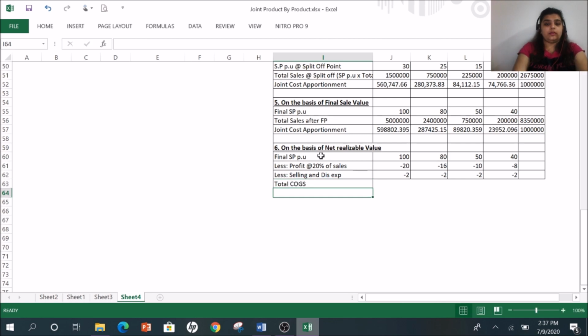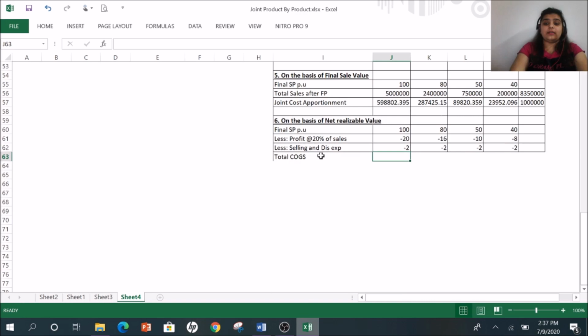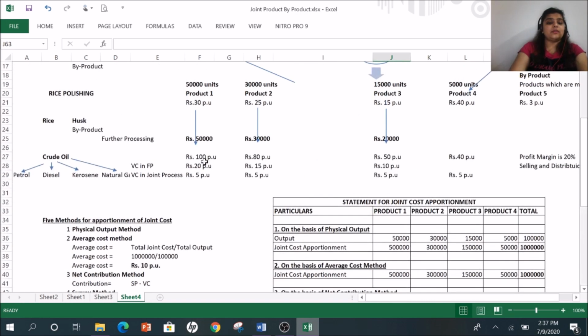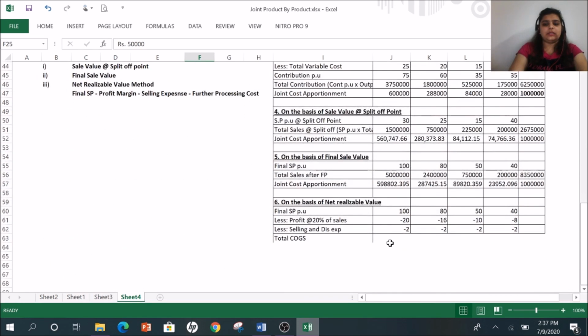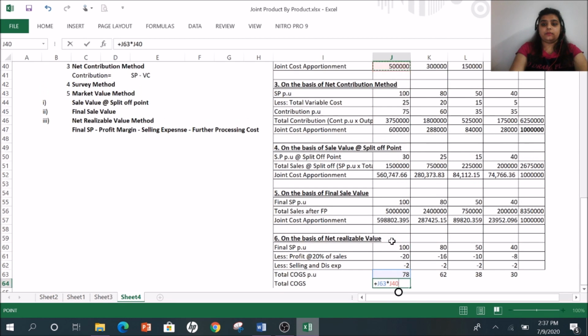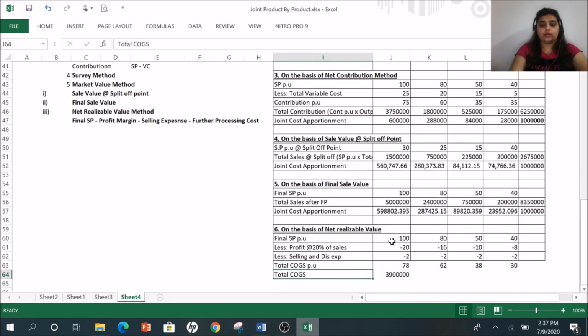What after this, what do I get is my total cost of goods sold, right? Now, why did I take cost of goods sold? Why didn't I minus the further processing? Because further processing cost, I have a lump sum figure. I don't have a per unit. Why do I need to convert it into a per unit? There's no requirement. I'm just going to calculate the per unit cost and I'm going to multiply it with the total. Okay, I'm going to write here total COGS per unit and I'm going to calculate my total COGS, that is this into the number of units, that is 50,000 for product 1. So this is the total COGS